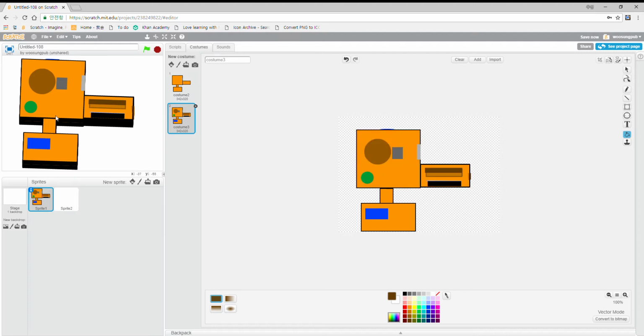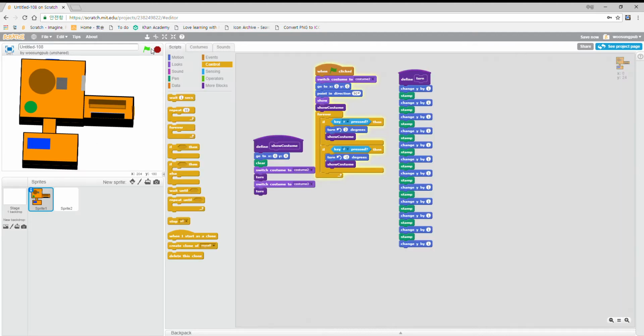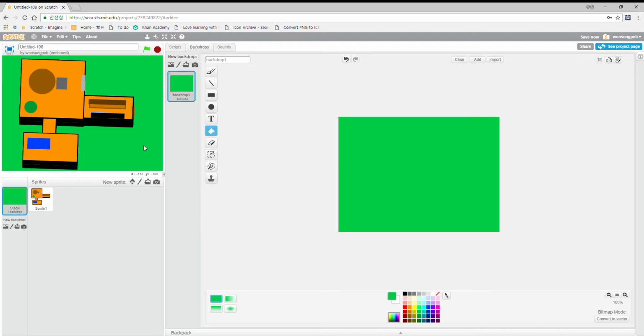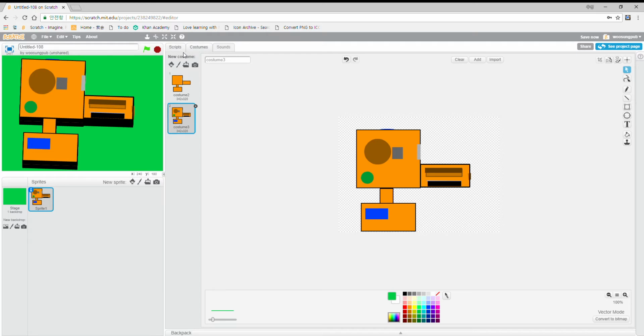Yeah, so now we're just gonna make the backdrops change. Yeah, that's what we're gonna do. So just make the grass in the back. That's not really grass, but whatever. So